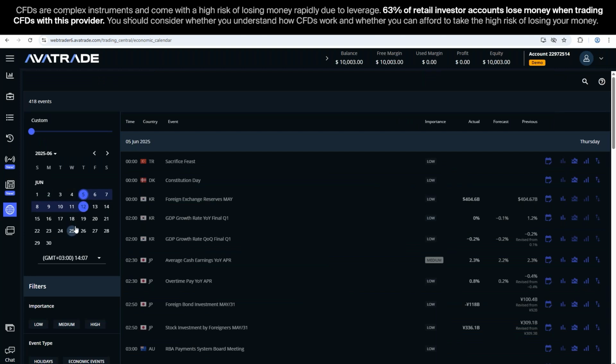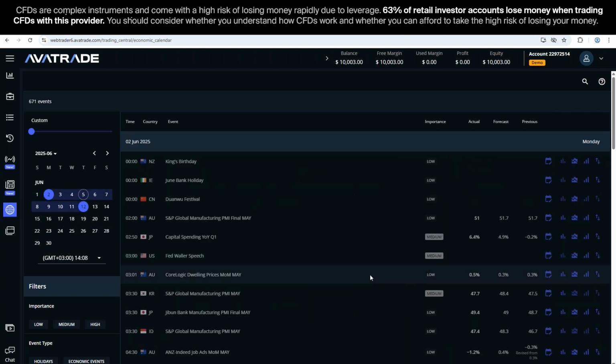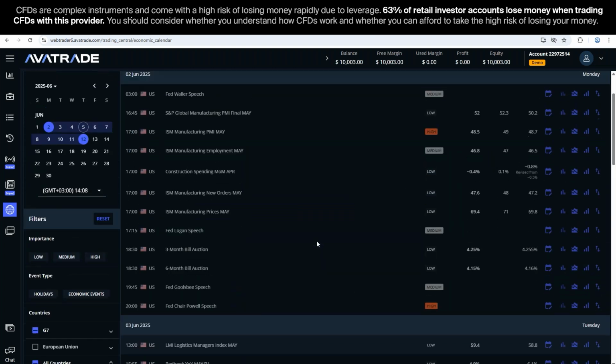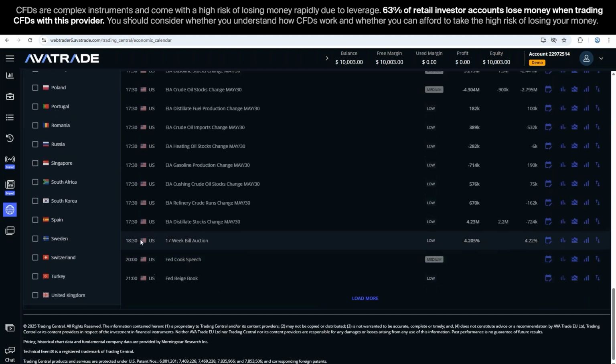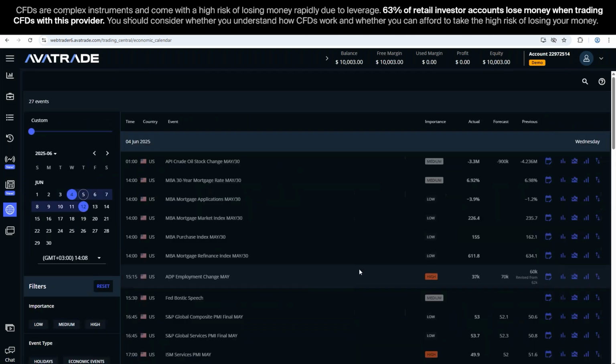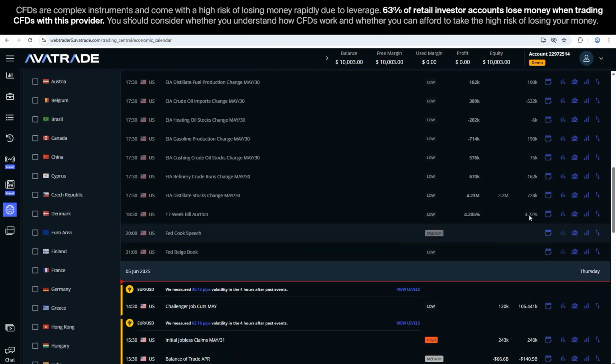So let's select maybe Monday, then we're going to go to next week and then select like this, and now it's going to show us things that happened, and maybe we went a little too far. Let's go for yesterday, let's go for next week, and here we are. You see there is this red line here that separates what happened from what is upcoming, and this is important because we see here the results of the previous events. So for instance, if I would like to make a comparison